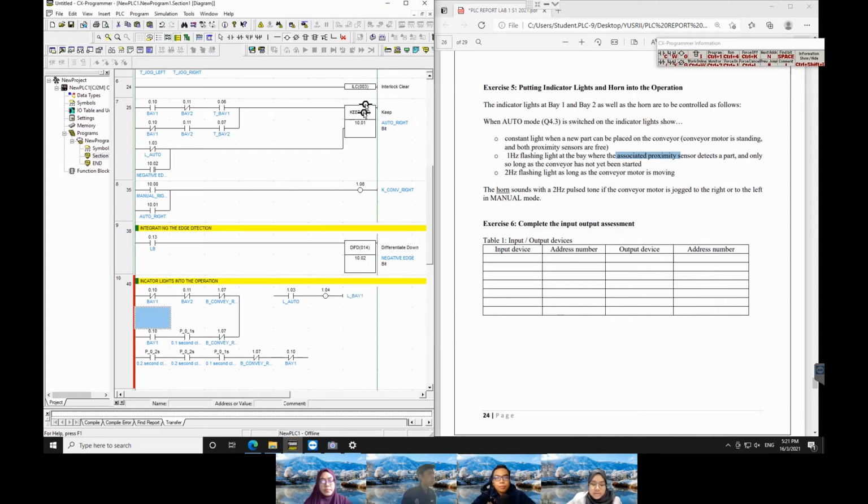So we rearrange, put it here. Then we connect, and then